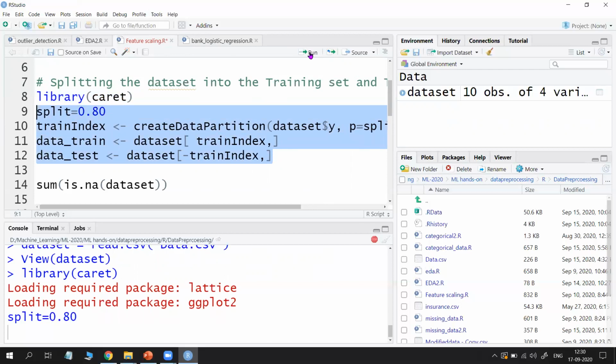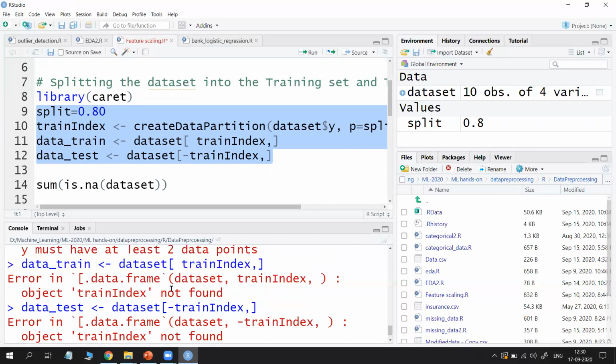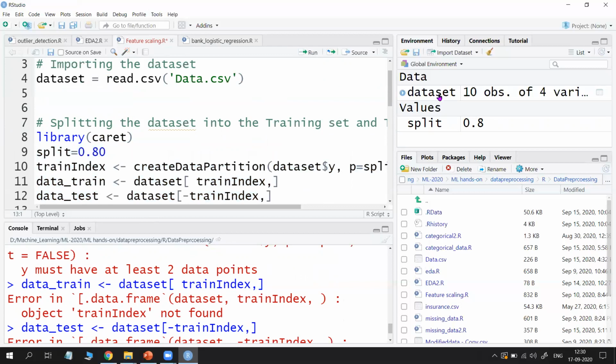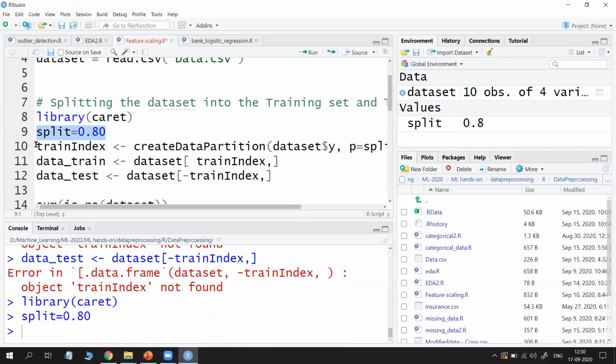So now try to see what happened. Here an error is given, data frame is not defined, must have at least 2 data points. We will try to see what happened actually. Run it.